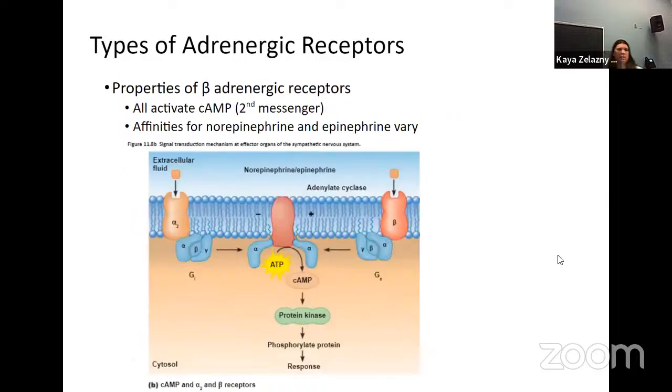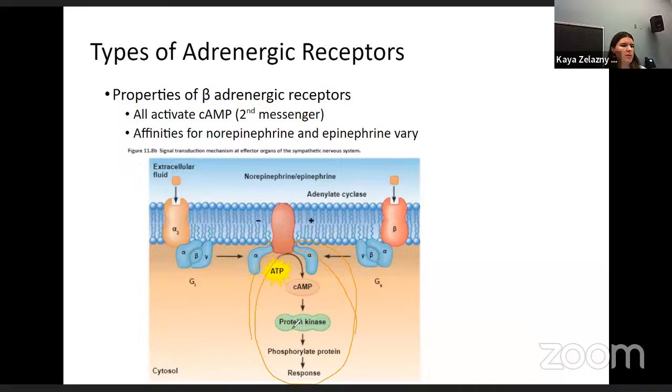For our beta adrenergic receptors, the way you can recognize a beta adrenergic receptor is it's going to activate cyclic AMP, which is a second messenger. So cyclic AMP is getting created here, right? So here's our cyclic AMP. Okay. Cyclic AMP down here, right? So here we see a beta receptor receiving some epinephrine or norepinephrine. Okay. The G protein gets activated. We create cyclic AMP. And in this image specifically, which is from your textbook, it's important to notice this plus